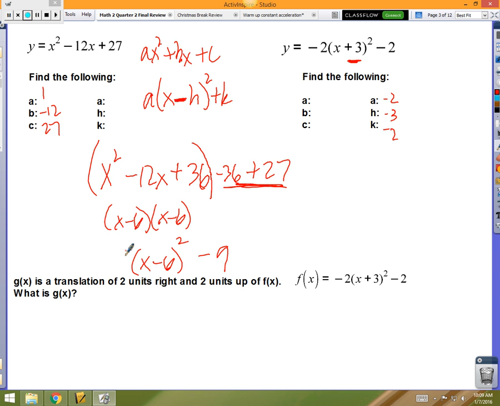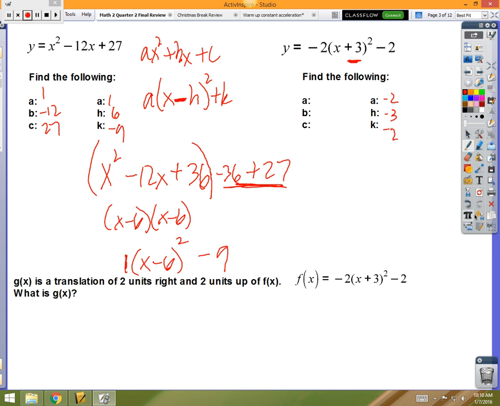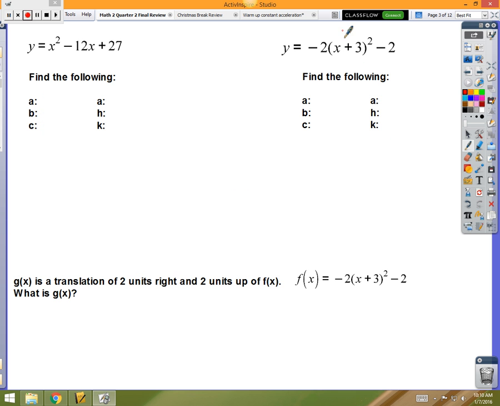Okay, now my a is right here, so my a is 1. My h is whatever is after the minus. After the minus is a positive 6, and your k is a minus 9. Okay, now the other way, if I give you a, h, k and you have to find a, b, c, all you have to